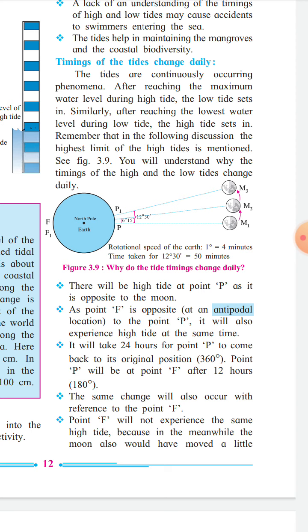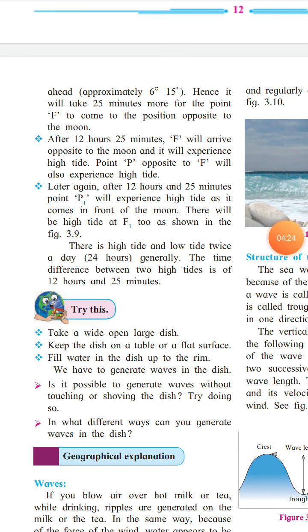Point F will not experience the same high tide because in the meanwhile the moon would also have moved a little ahead, approximately 6 degrees 15 minutes, and hence it will take 25 minutes for point F to come to the position opposite to the moon. After 12 hours and 25 minutes, F will arrive opposite to the moon and it will experience high tide. And point P opposite to F will also experience high tide. And later again, after 12 hours and 25 minutes,